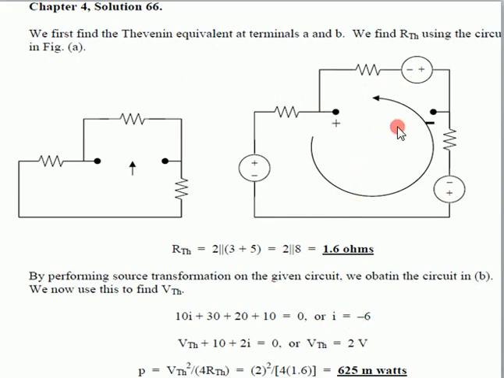Now we have to find out the value of VThevenin. In order to find the value of VThevenin, we have the loop here, only here. So plus VThevenin plus 2I plus 10 is equal to 0. So VThevenin is equal to 2 volt. So we will get the value of the Thevenin voltage here. We have to find out the value of maximum power. So maximum power P is equal to VThevenin square over 4 RThevenin. So that will be equal to 425 milliwatt. That will be the maximum power that is delivered to the load.